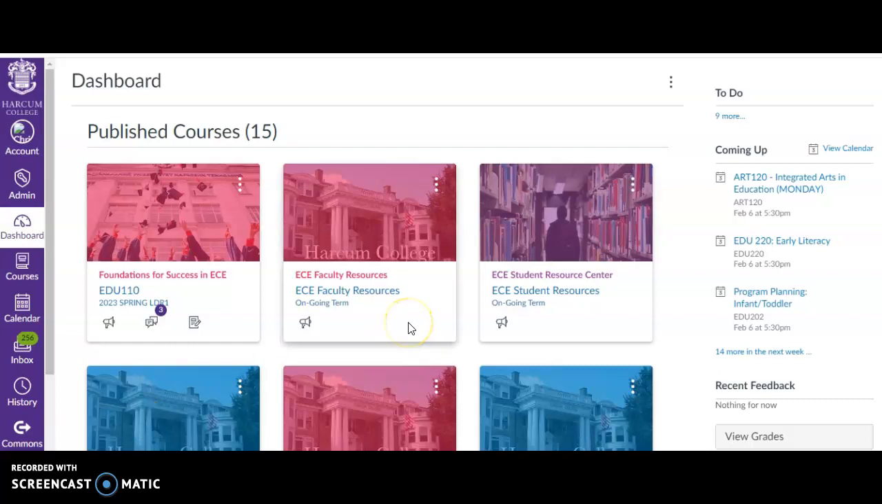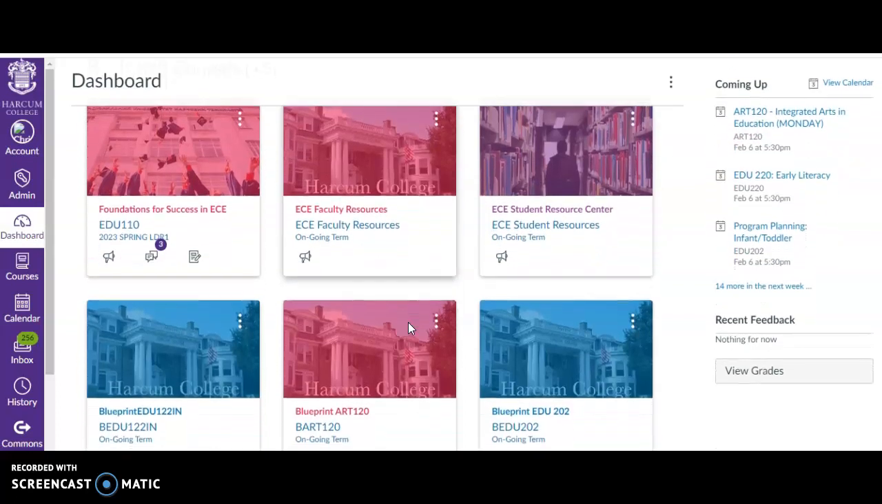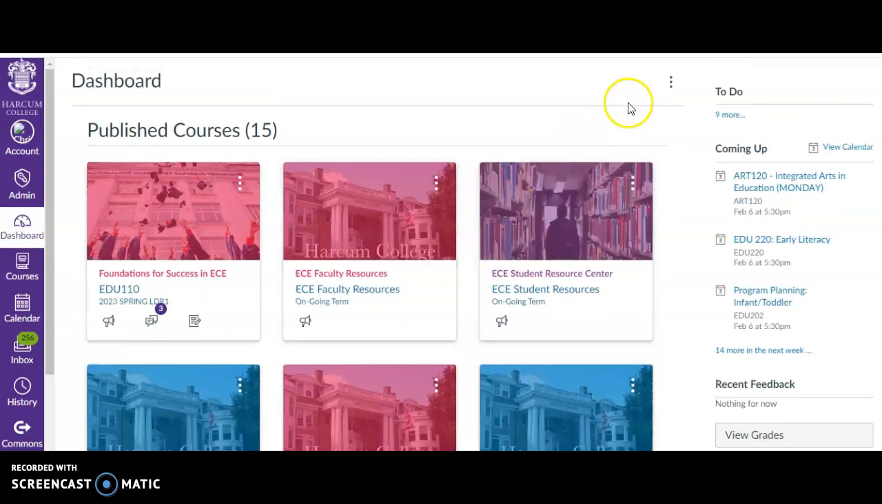Hi everyone. There was a question about being able to see a course in your dashboard, and I wanted to just give you a quick tutorial on changing the view in your Canvas dashboard so that you can see all of your courses. As you can see, I have my courses available here, but up here in this corner you'll